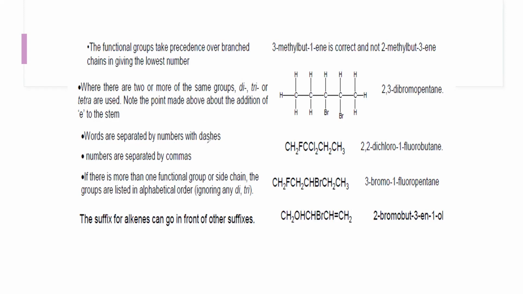And how to separate the words? Words are separated from numbers by dashes, and numbers are separated from each other by commas. Some students separate the numbers by a dash. That is wrong. When you separate numbers, they must be separated by commas, and the words are separated by dashes. And word and number